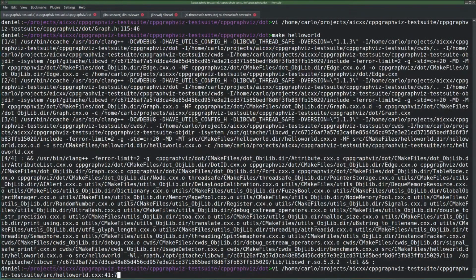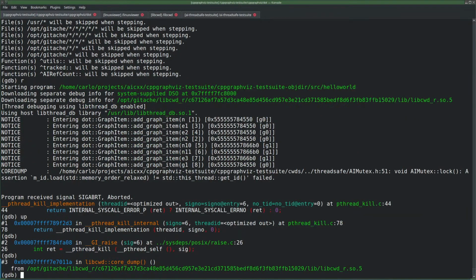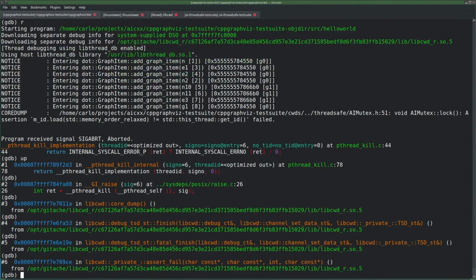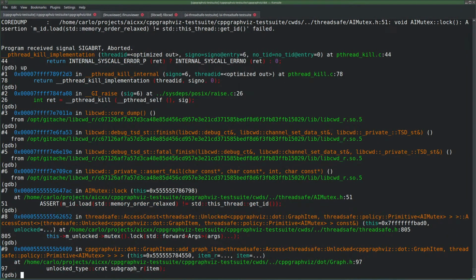Okay, it's in the debugger. Run. Core dump. Assertion that I left failed. So we have again a recursive lock. Yep, this tries to lock subgraph. So excuse me, what?